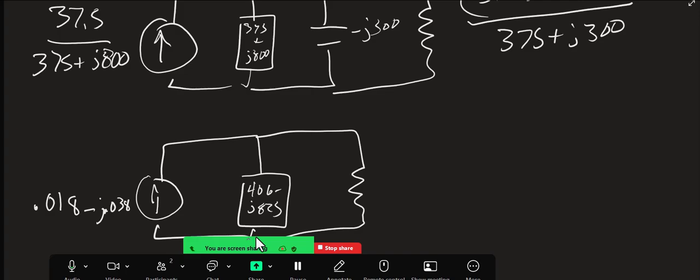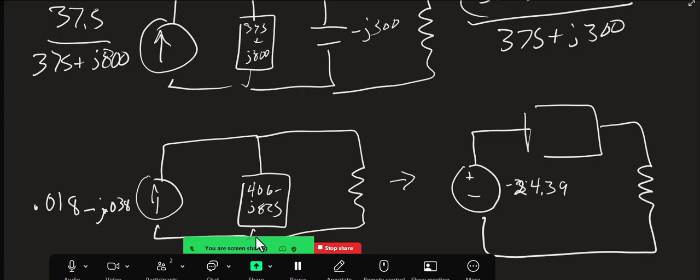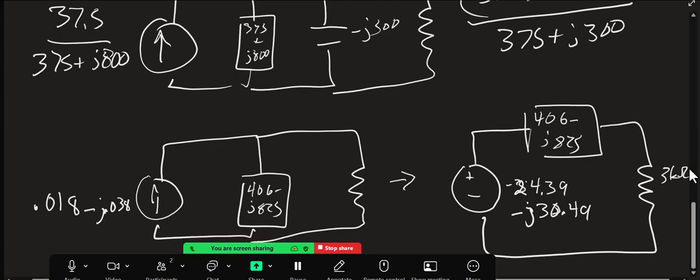So if I turn this back into a voltage source, I get negative 24.39 minus J30.49 and this was 406 minus J825, and our load was 3 kilo ohms. Okay, so